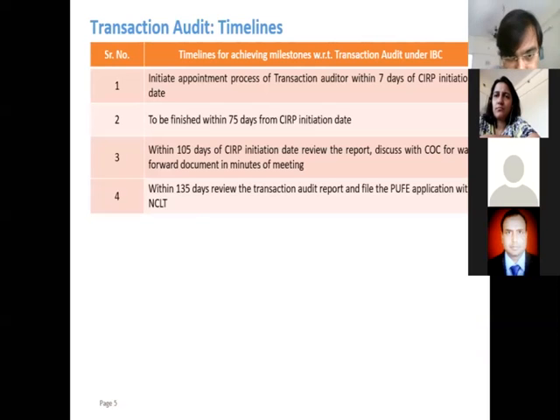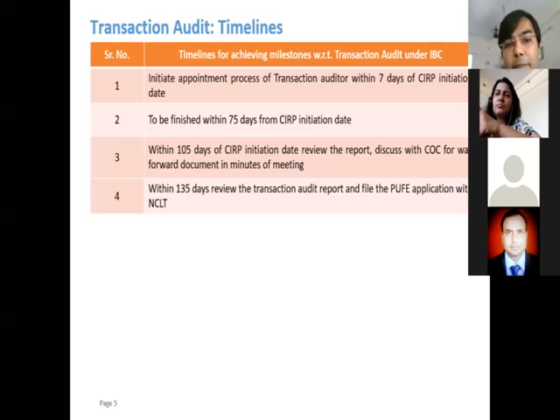Comments will be obtained from the borrower, and the conclusion has to be drawn within a time frame of 105 days. That is another 30 days given. Thereafter the resolution professional, with the help of a lawyer, files the PUFE application with the NCLT, which is the adjudicating authority. PUFE application is nothing but another name for the transaction audit,